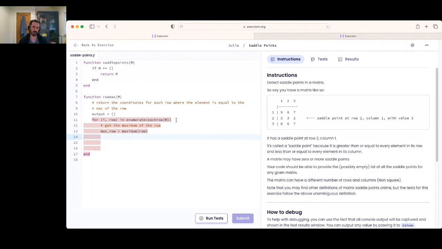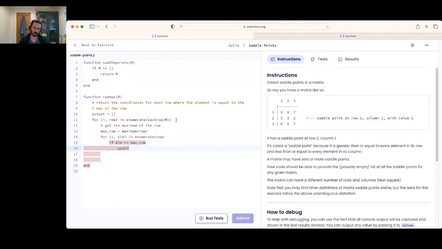So we could do something simple, and we're going to need coordinates again. So for j, element in enumerate row, if element is equal to max row,